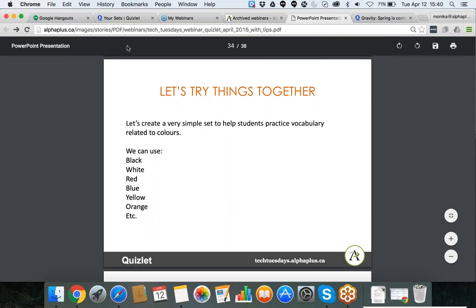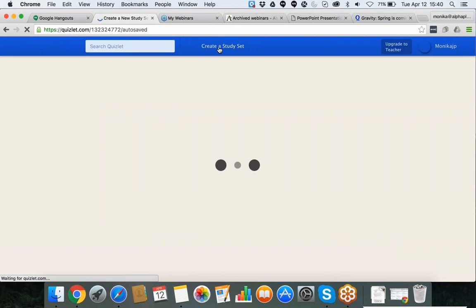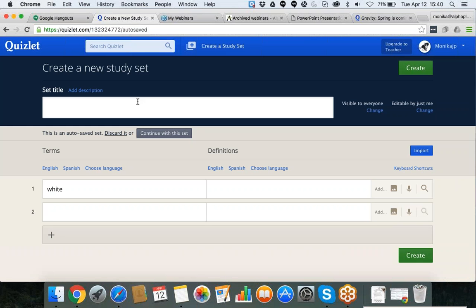So what I'm going to do next, it's just going to take a few seconds. I'm going to go to Quizlet, and it should pop up on your screen. I was already logged in to make things a bit easier, and now I'm in this screen that looks slightly busy for now, but that's okay. The only thing I need to know is that I want to create a set. So I'm just going to click Create a Study Set,